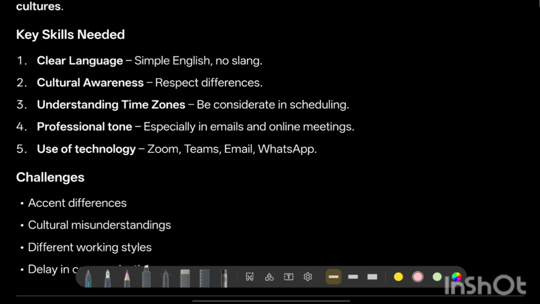It means that you need to just accept difference, you know, just respect those differences, कम्युनिकेशन अच्छा बनता है, तो इससे कल्चर जो बैरियर है वो हटता है। ठीक है, अंडरस्टैंडिंग टाइम जोन, बी कंसिडरेट इन शेड्यूलिंग। लाइक अगर मैं अपनी बात करूँ, सो आई लिव इन सऊदी अरेबिया। सो अगर मैं इंडिया में बात करूँ, सो देयर इज़ अ टाइम गैप। ओके, सो अब सपोज़ अगर कोई स्टूडेंट है मेरा, और वो इंडिया से है और मैं यहाँ पर उसको पढ़ाती हूँ, ठीक है, तो अब मुझे उसके अकॉर्डिंग टाइम सेट करना पड़ेगा ना।